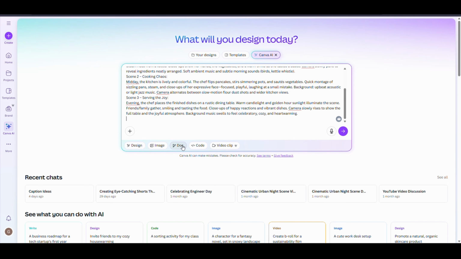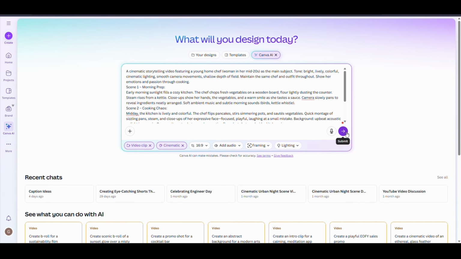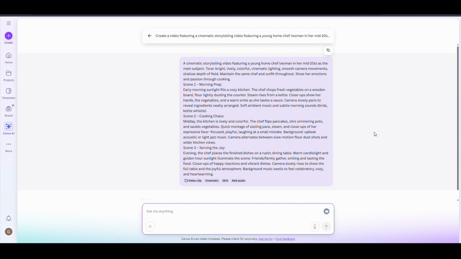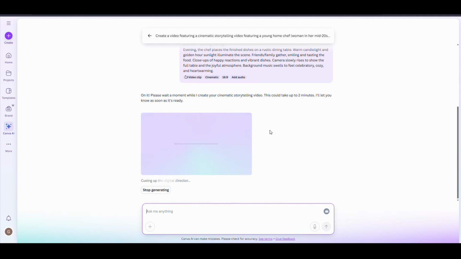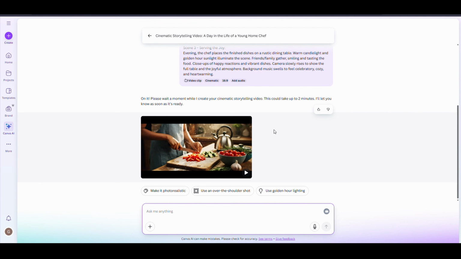Next, select Video Clip. Choose Style, Cinematic, and set the resolution to 16:9. Keep the rest of the settings as default, then click OK, and that's it. Canva will start generating your AI video. Once the video is ready,